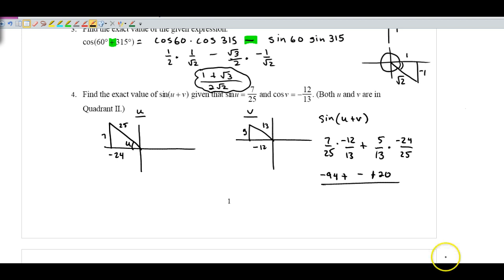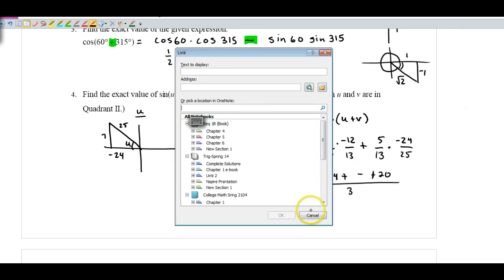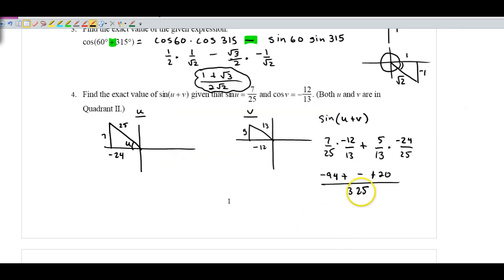Yay. 325. Okay. So 94 plus 120. So it's negative 215 over 325. Now if I divide both sides by 5, I get 43 in the numerator, 325 divided by 5, and 65 in the denominator, and I think that's negative. Or check my